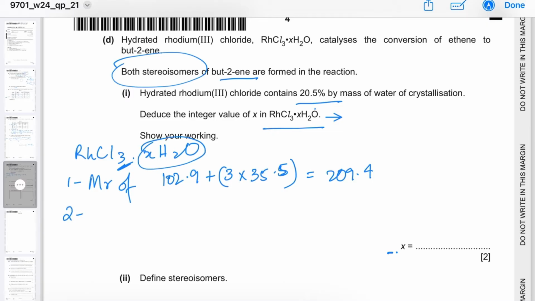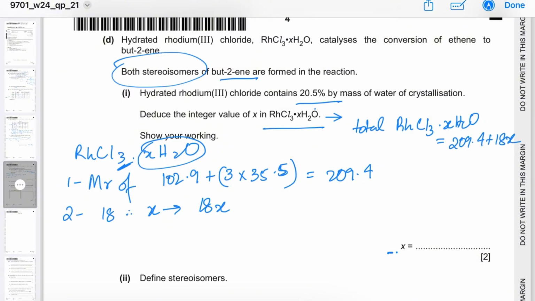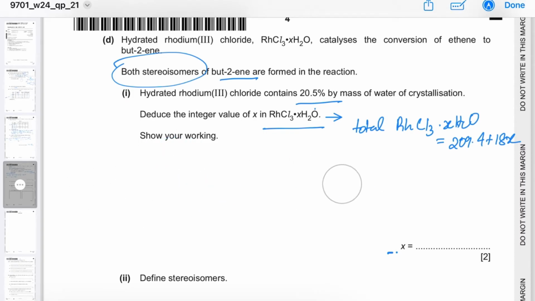Then we'll find the mass due to X H2O water molecules. Mass of one water molecule is 18. Therefore, mass due to X water molecules will be 18 multiplied by X. So now the total mass of a hydrated salt, RhCl3.XH2O, is equal to 209.4 plus 18x. Okay, I'll clear this up here. Right, so now we know the total mass of the hydrated salt,